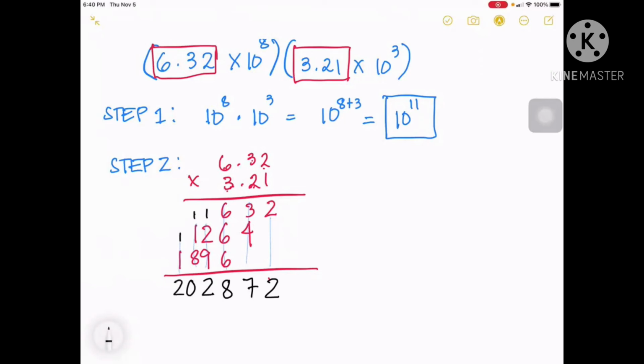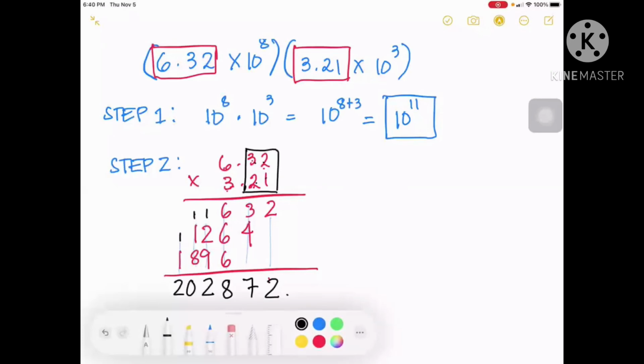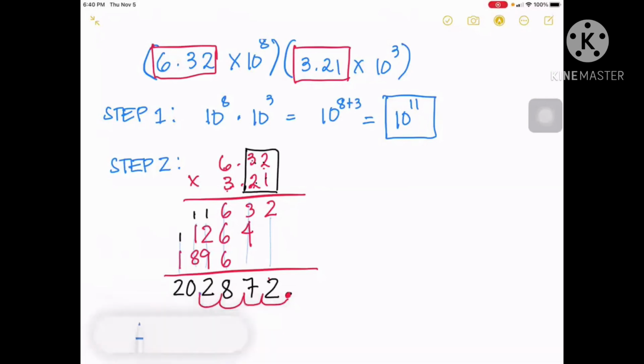All right, this is your number. But remember, during our first example, we need to box this one, and then count the numbers here. 1, 2, 3, 4. So this is our decimal here. Then let's count 1, 2, 3, 4. All right. And this is our decimal. So we have 20.872. Just copy the result of the first step, times 10 to the